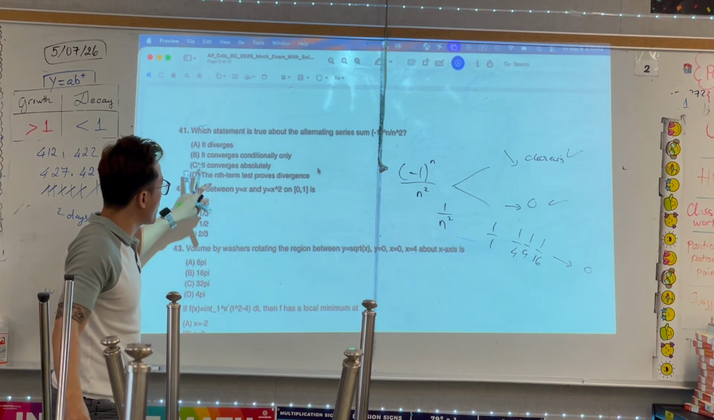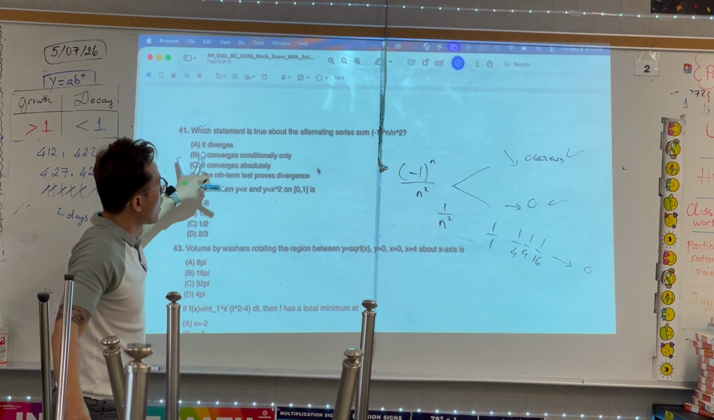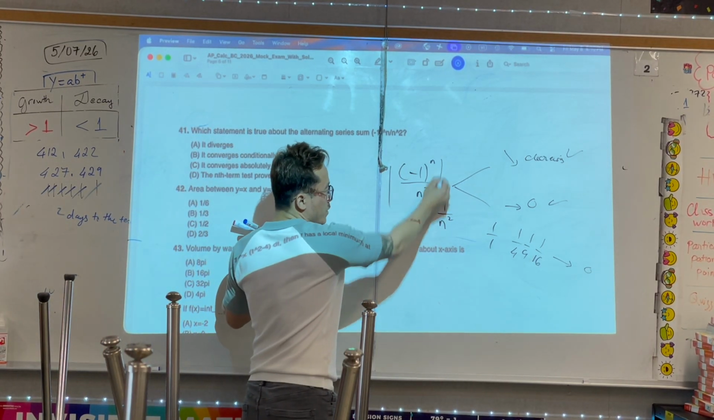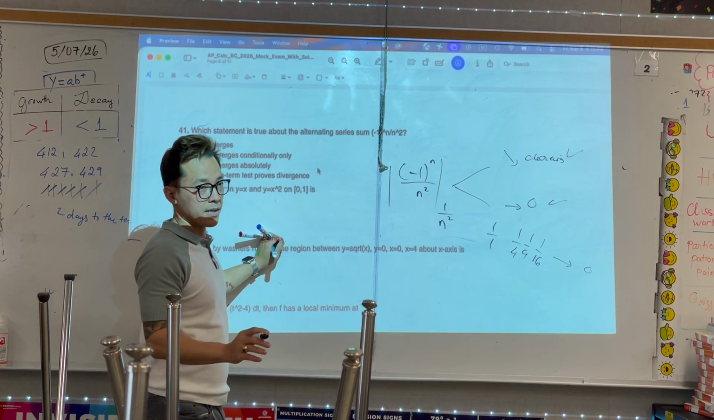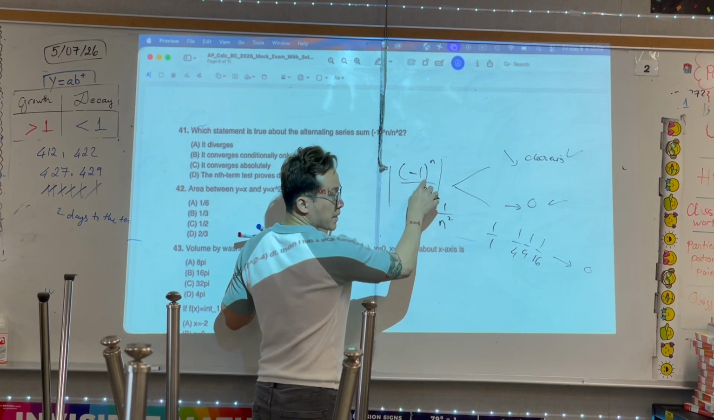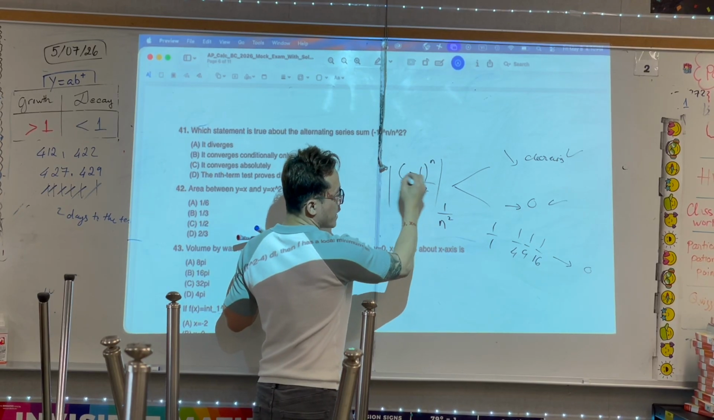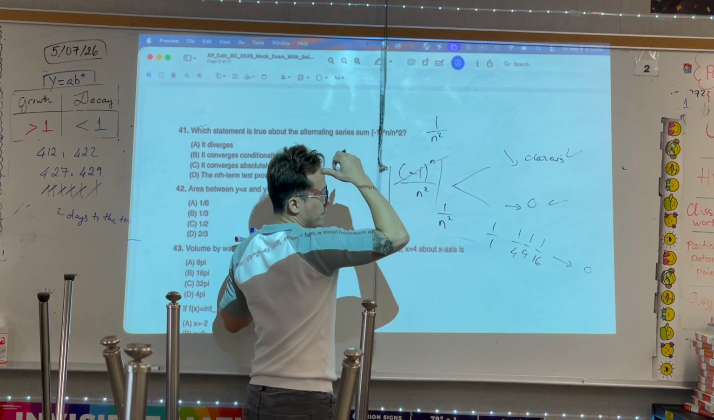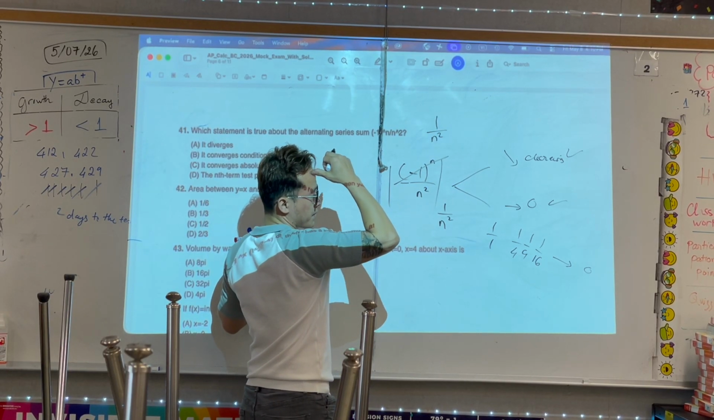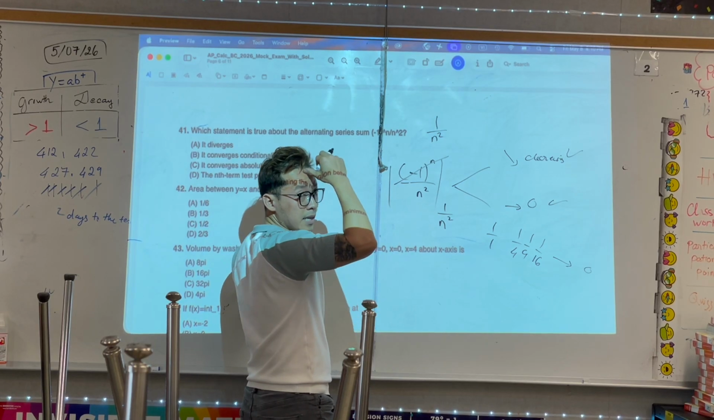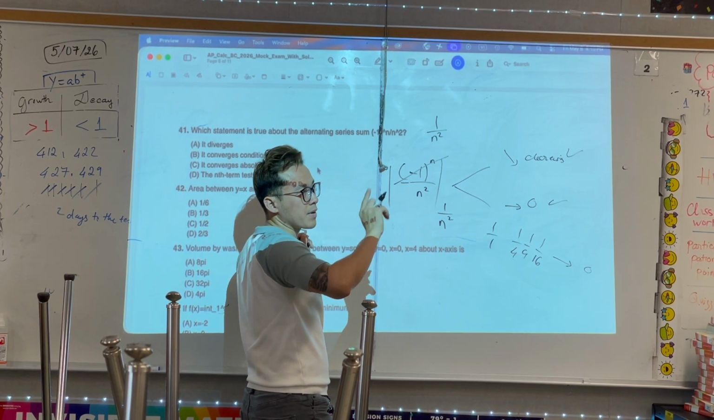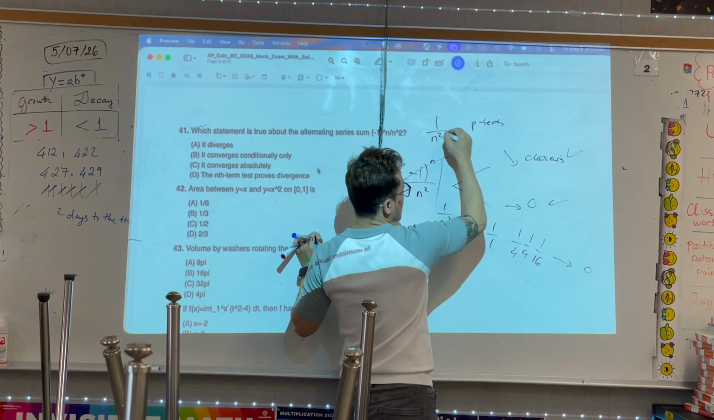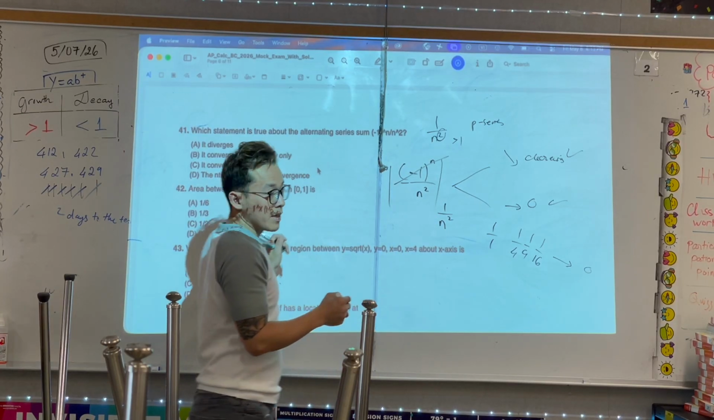But we don't know whether it's going to be convergent absolutely or convergent conditionally. What's conditional? Conditionally is when it converges, but when you take the absolute value, it diverges. So this is already convergent. Now I'm going to take the absolute value, which takes care of the negative. So 1 over n squared. Is it convergent? Yes, this is a P series. By the P series test, because the power is greater than 1, the series is convergent. So the answer is